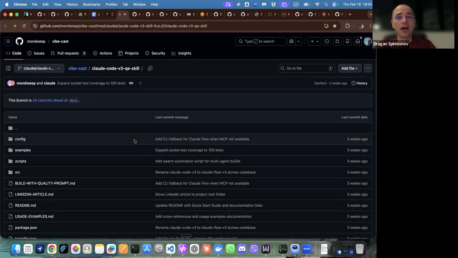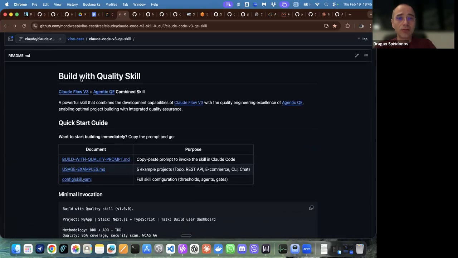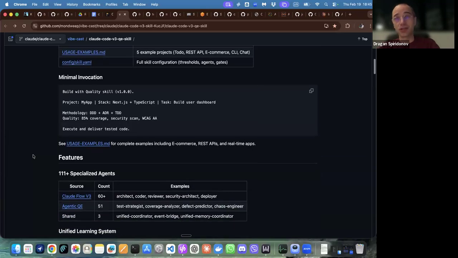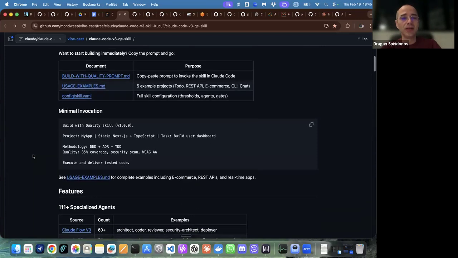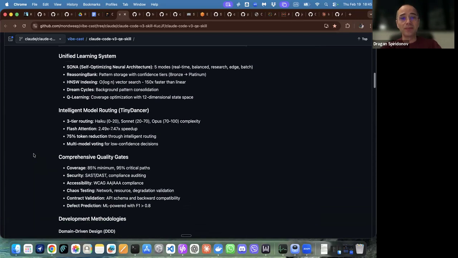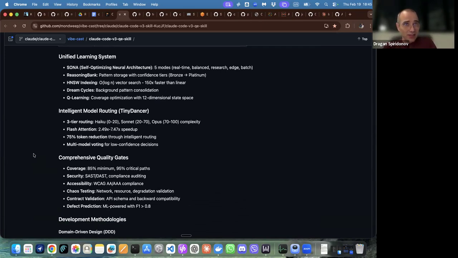One more skill was created as a combo, combining ClaudeFlow with the agentic QE, a build-with-quality skill, created by Mondvip from the London chapter. He used a combination of the ClaudeFlow orchestration created by Ruv and my agentic QE fleet to get a combo system, because I'm using a lot of building blocks that Ruv provided, like the unified learning system, HNSW indexing for searching, dream cycles, Q-learning.